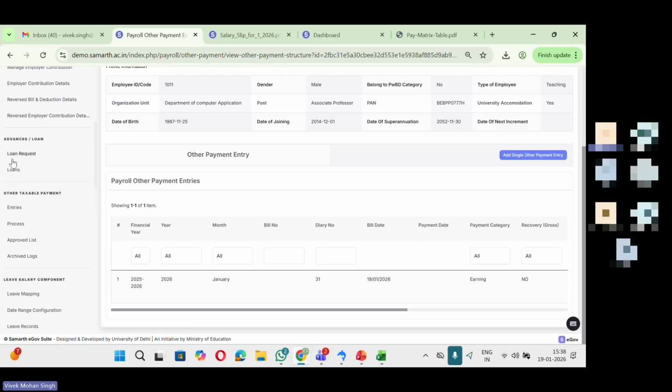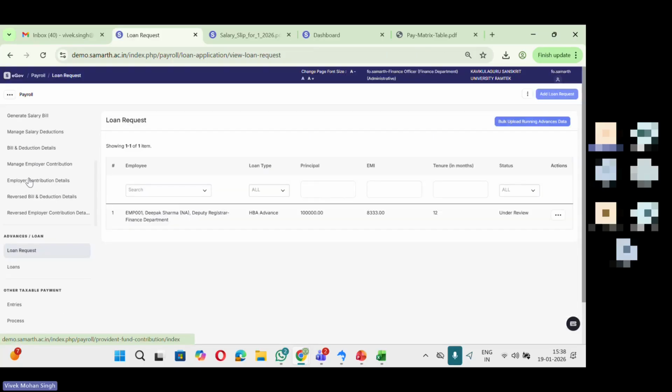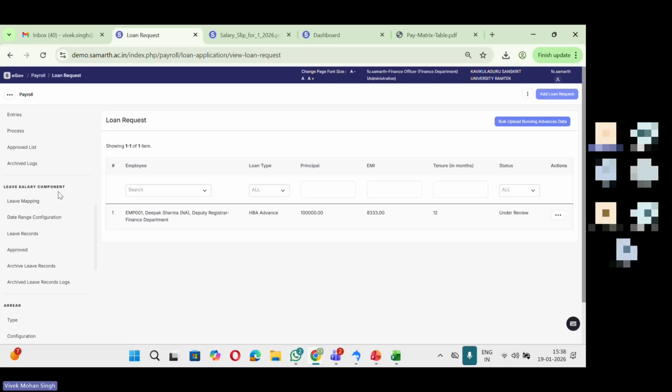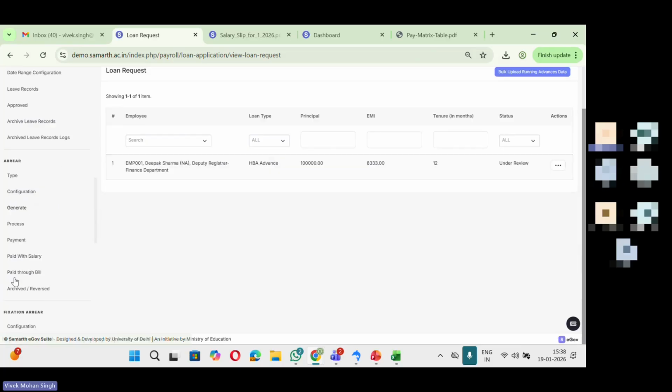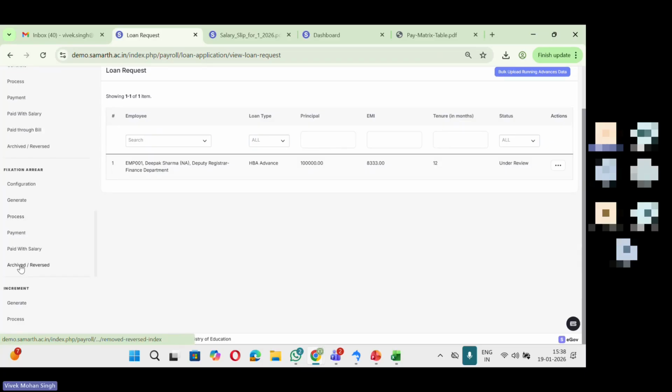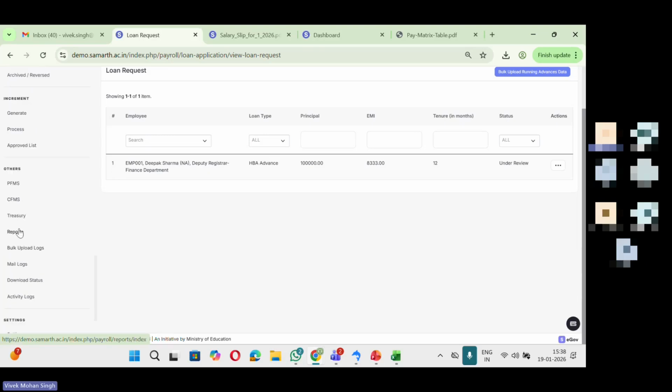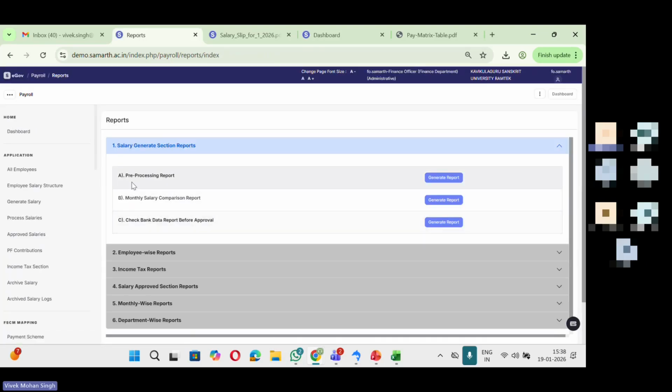Then there is the part of loan and advance features. There is a leave salary component, so you can connect with the leave module if you are using it. There are arrears parts, fixation part, fixation arrears. You can calculate DA arrears, you can calculate increments,